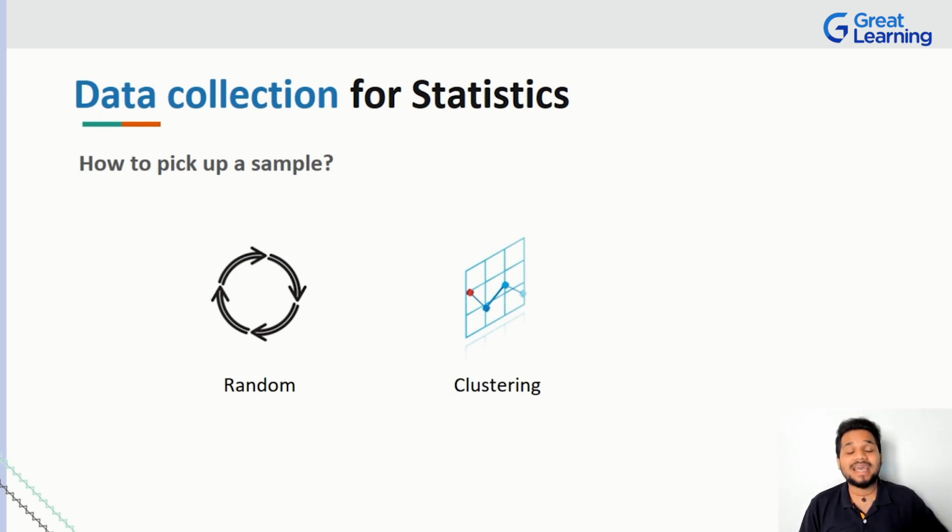So the next time I say, hey, for my analysis, I'm not going to require all the data. I'm just going to require a couple of bananas to test out a theory or a couple of apples to test out a theory. You have that cluster ready to go. You don't have to search for one apple in probably millions of fruits out there, right? That is the advantage of sampling. That is the advantage of clustering.